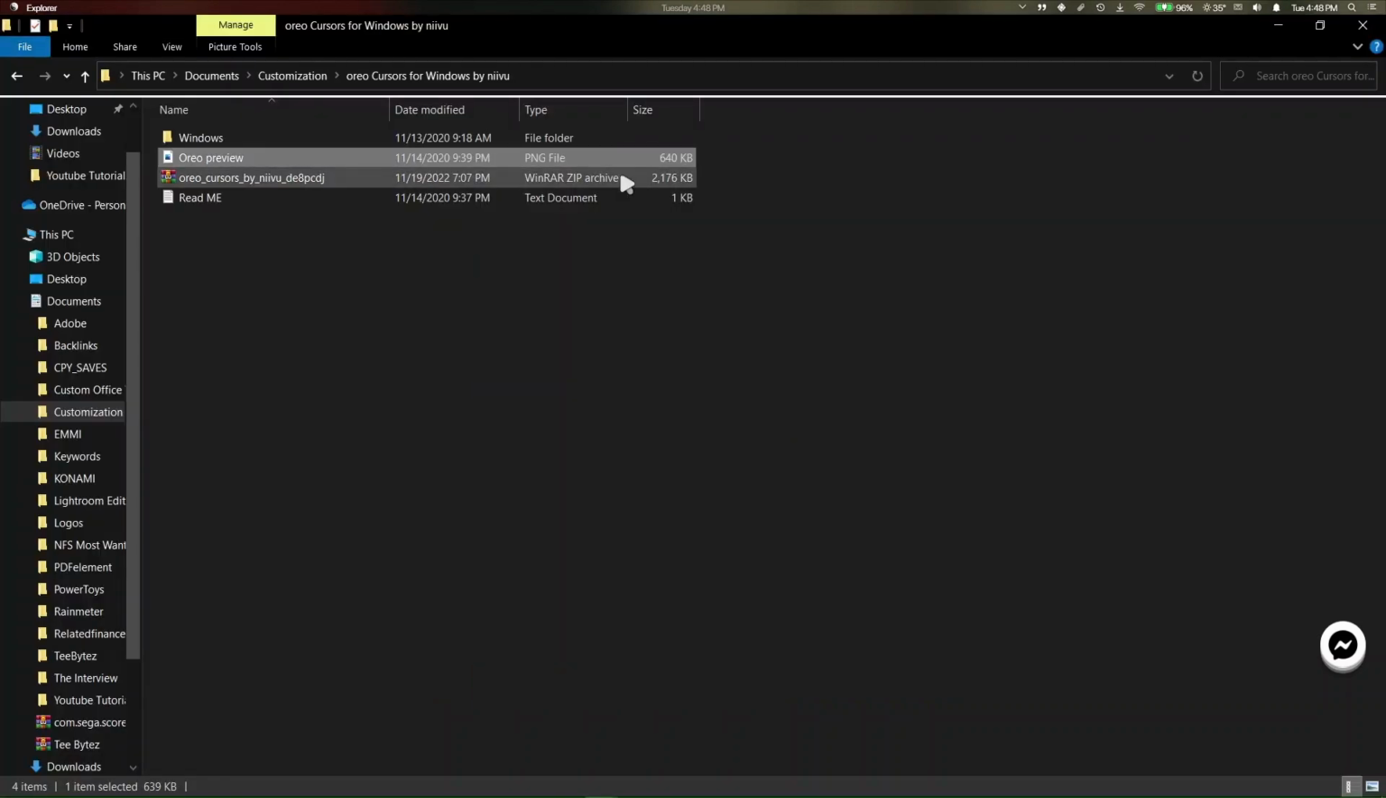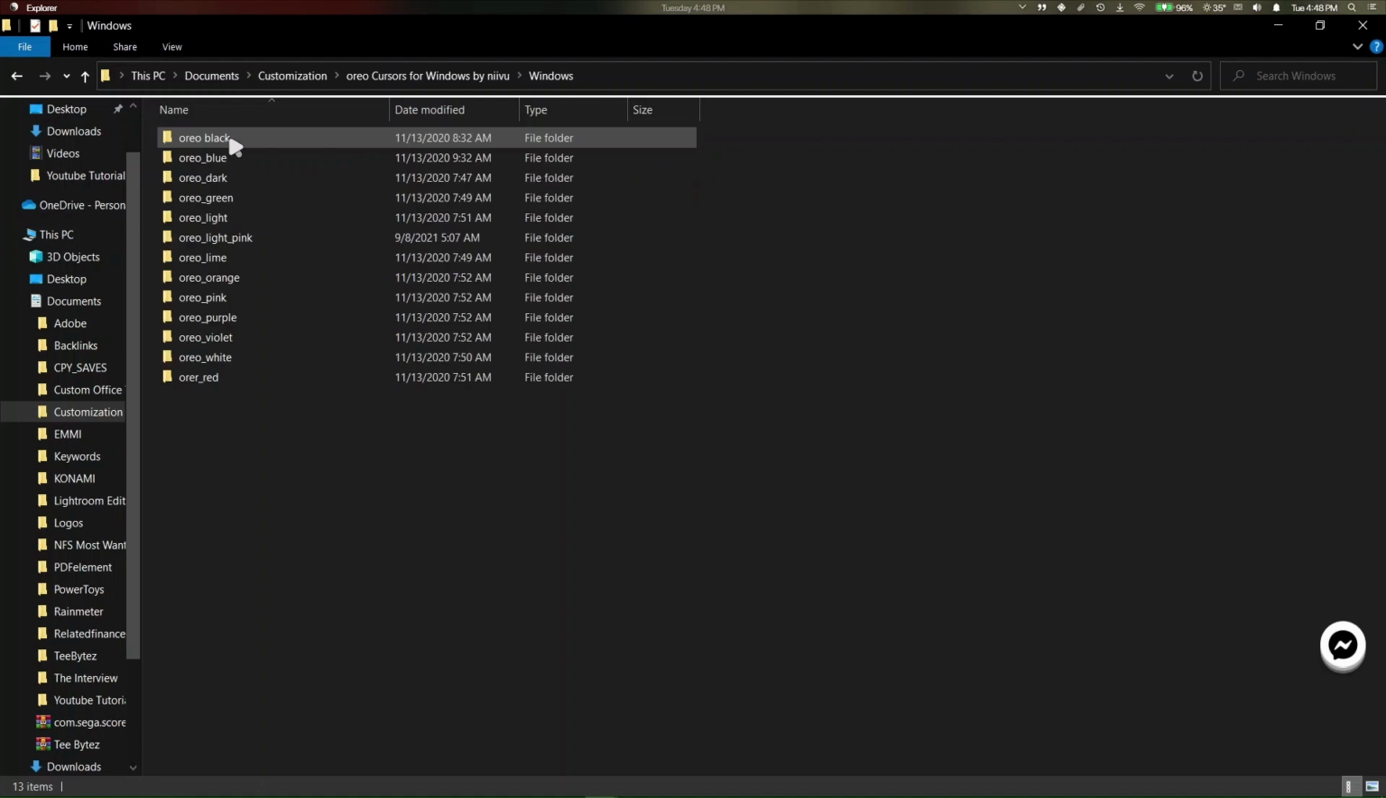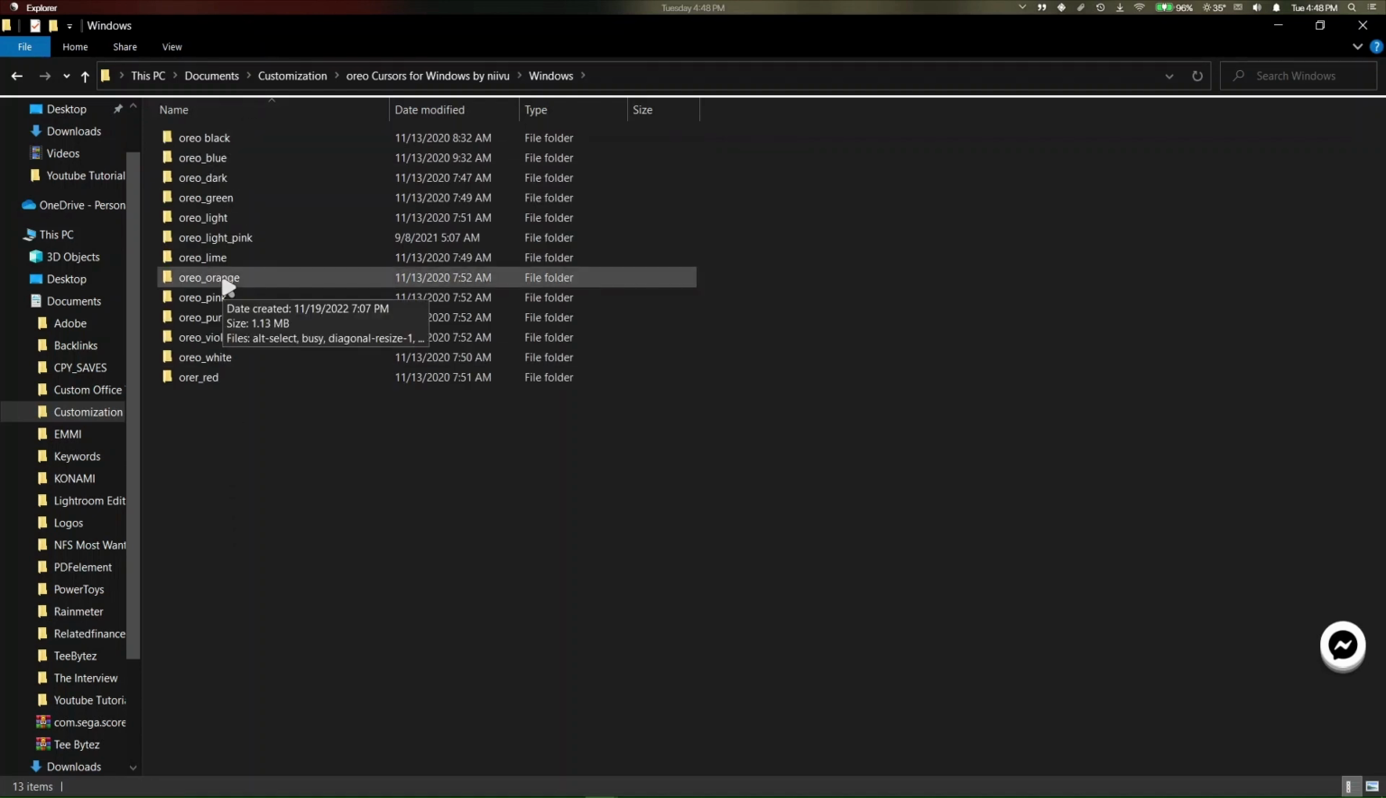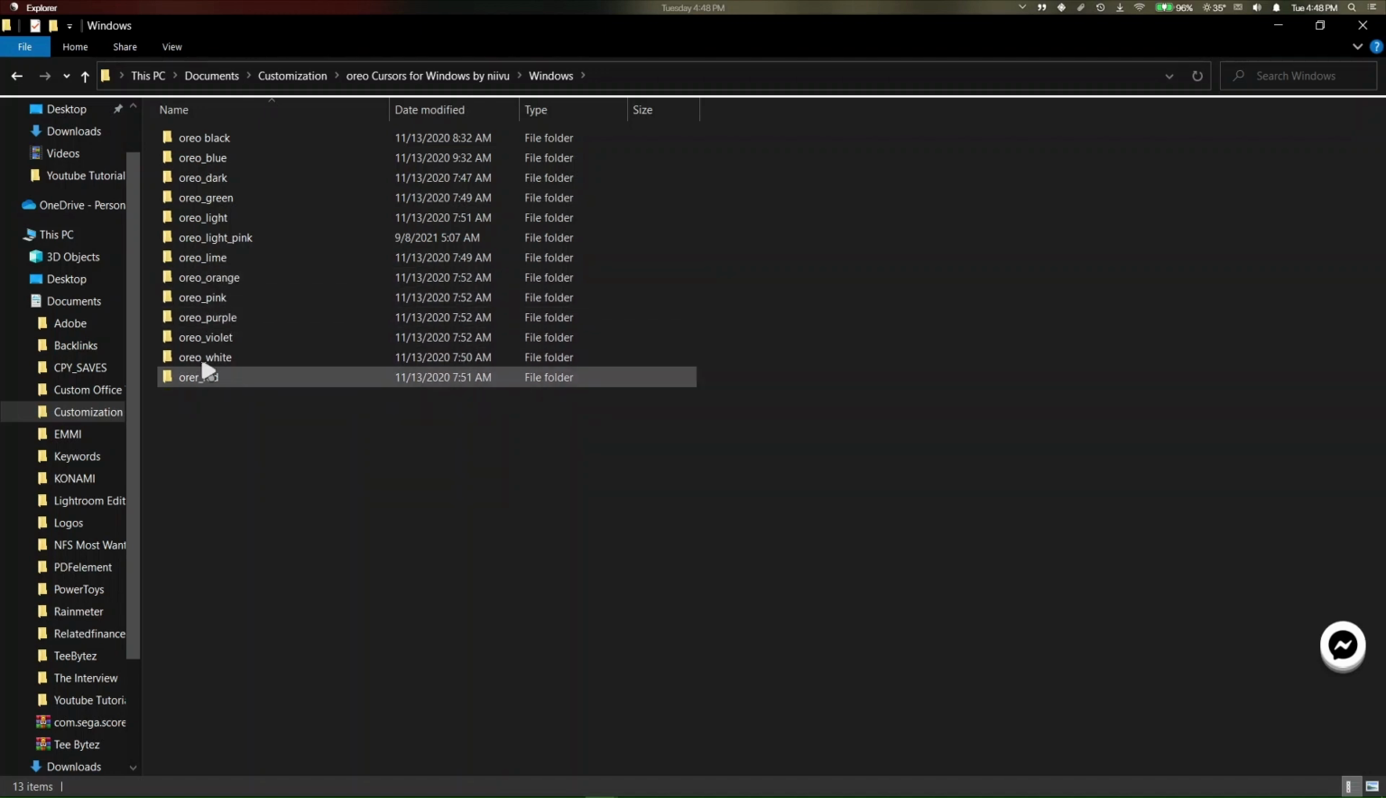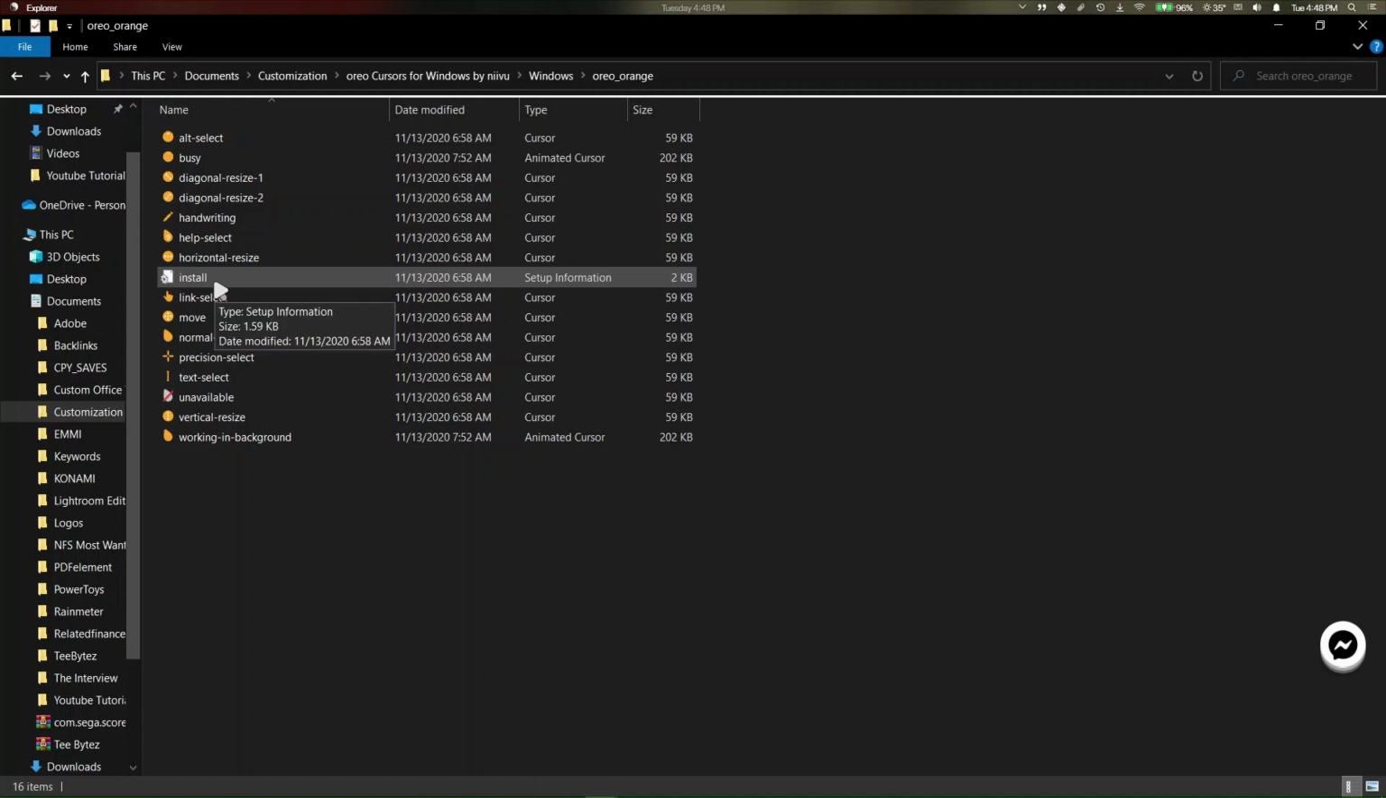I like this. So here, Windows, you have all the colors that you saw in that picture. So let's go with orange. I know a lot of people want to go with the dark one. Nah, let's go with orange. Yes. So follow these steps carefully. Right click on the install file and install this. Good. Now that that has been installed, I want you to go to your settings,